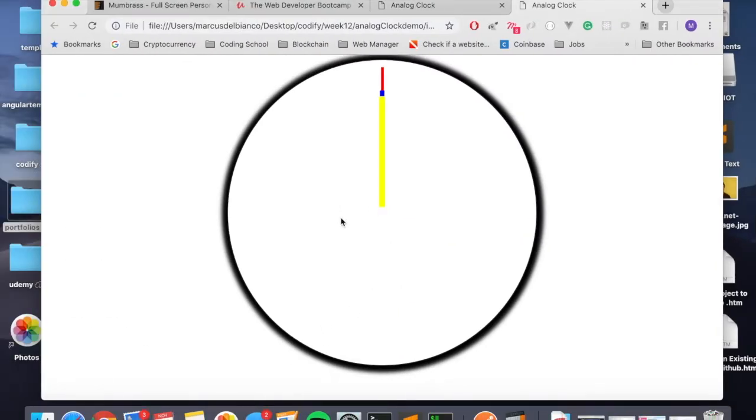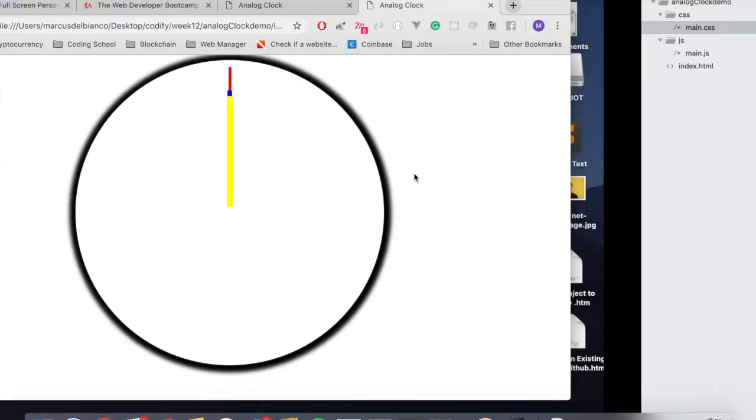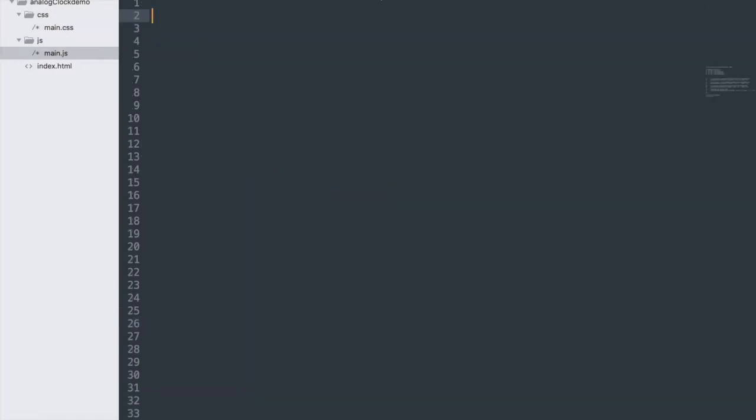Again, there's probably more than one way to do this. This is just how I'm doing this right now for this example. But we have all of our hands centered right now, and they're in the place that we want them to be. And so next, let's add some JavaScript so we can get these hands to tick and move around. So in our JavaScript, we're going to have to use the date constructor function. And so let's go ahead and set up a function, and we'll call it